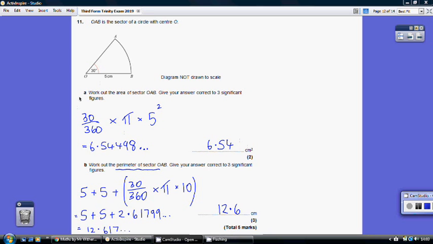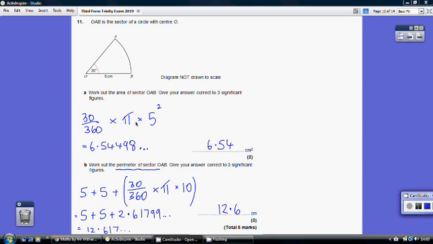Question 11. So for part A, I've got to work out the area of this sector AOB. Now this is a fraction of a circle, so I'm going to work out the area as if it was a whole circle, and then just take the appropriate fraction. The appropriate fraction is going to be 30 degrees out of a complete turn, out of 360. So that is the fraction, 30 over 360, and then